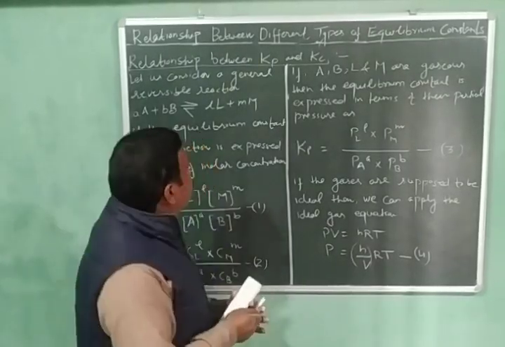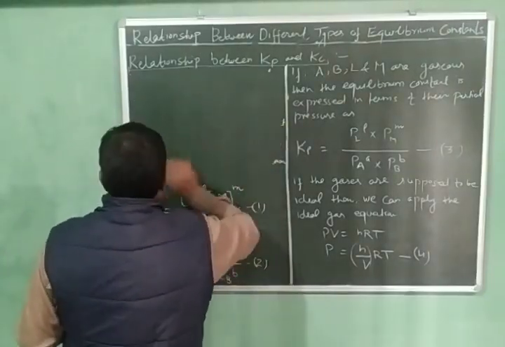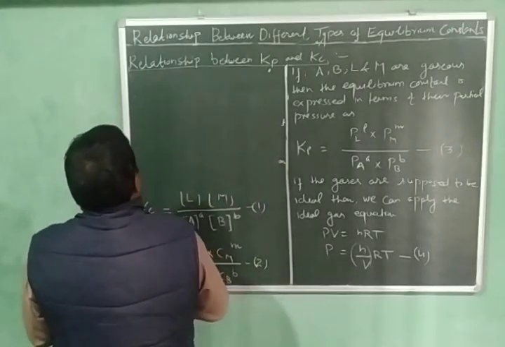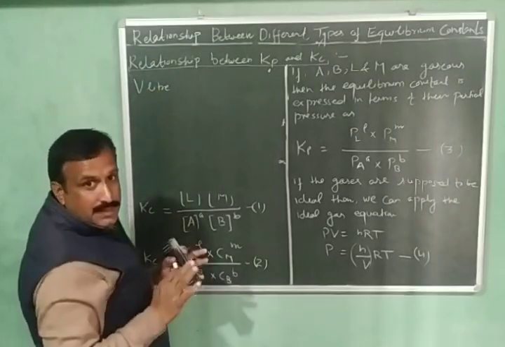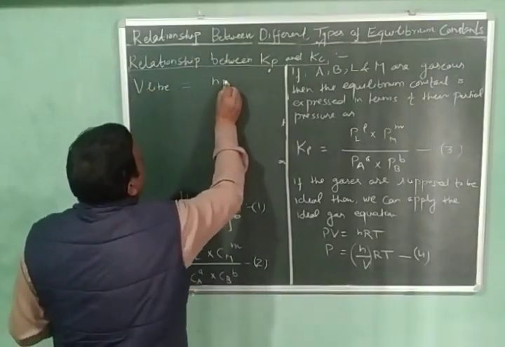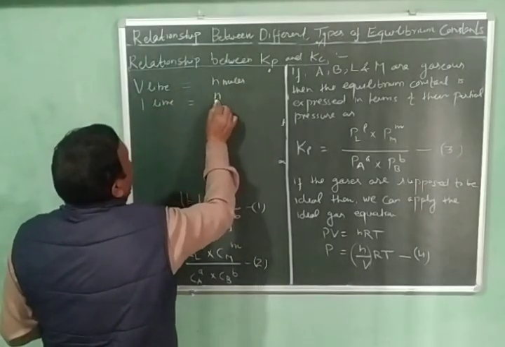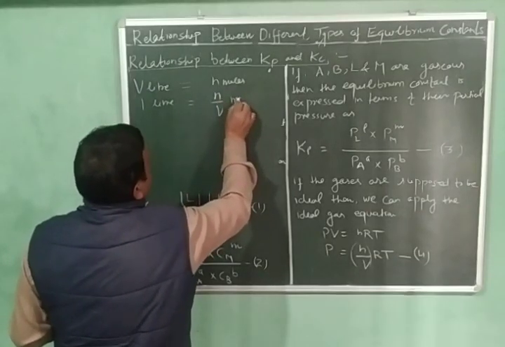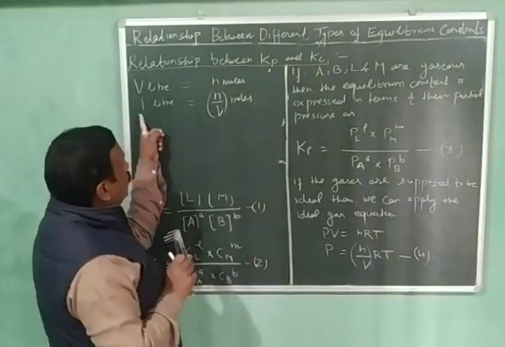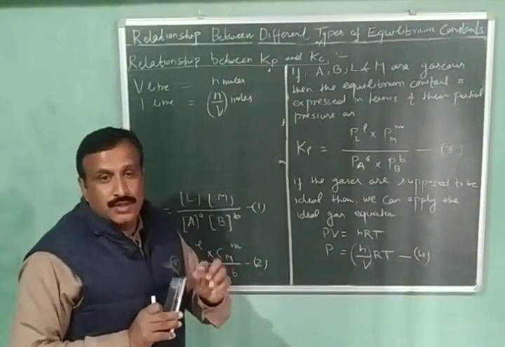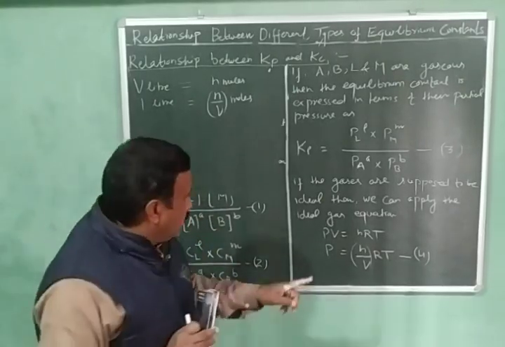Let us understand it: if in V liters we have dissolved n moles, then in 1 liter we will have n upon V moles. So this n upon V is the number of moles present in 1 liter, that is, number of moles per liter. So it is molar concentration and it will be represented by C. So equation number 4